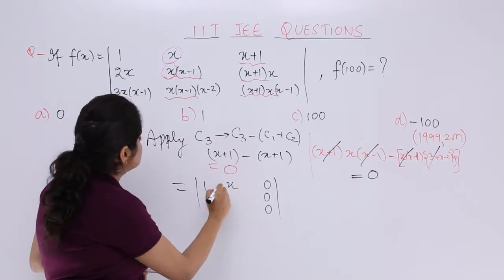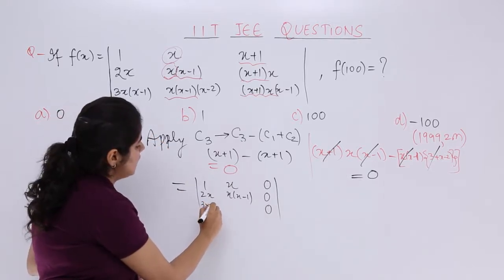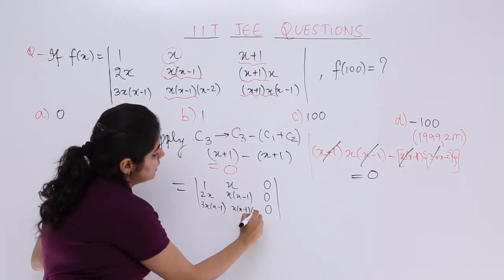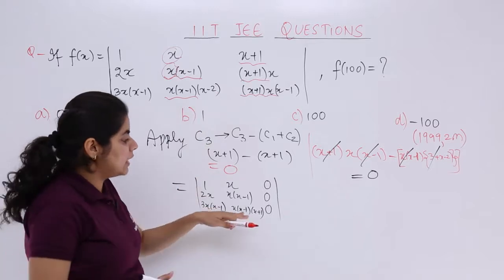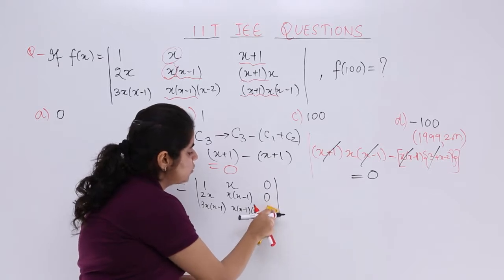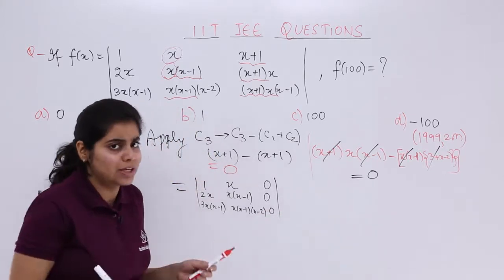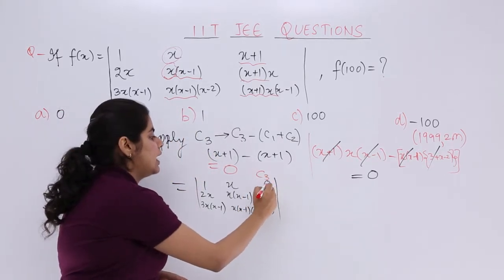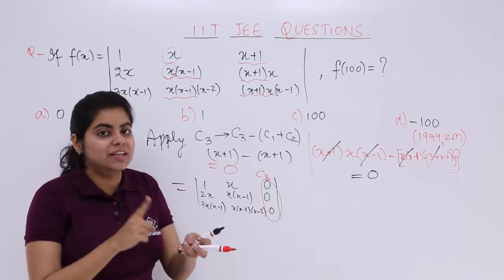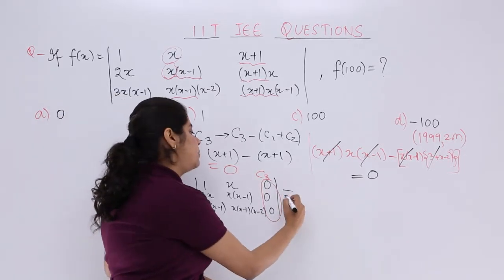You are left with x plus 1, you are left with 2x, x minus 1, and you are again left with 3x, x minus 1, and here you are left with x minus 1 and x plus 1. Right? Satisfied? It is not x plus 1, it is x minus 2. Let's make these changes. It is x minus 2. Don't worry, because what I actually want to show you is that irrespective of this x plus 1 or x minus 2, column 3 has become solely 0. And you know the property of determinants, that if any row or any column becomes 0, then the value of that determinant is